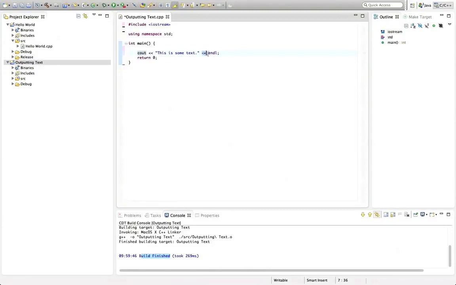This is sending this endl also to this object here. And endl actually puts a blank new line after your text. And it also flushes the buffer. And what that means is